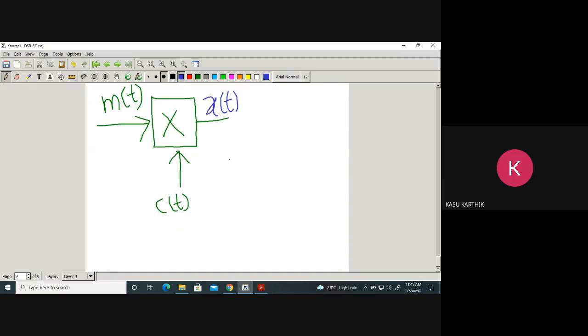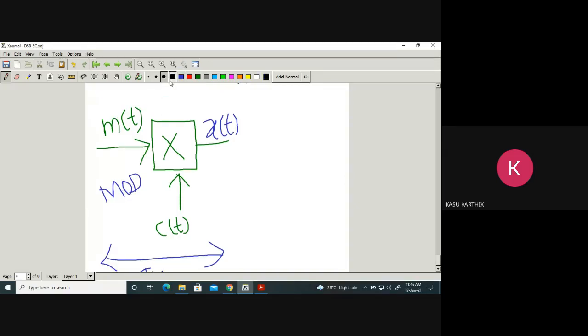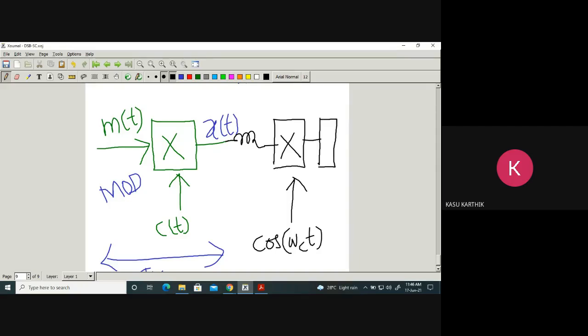So this is the transmitter part. This is what we are doing in the transmitter. This is a modulator. Okay. How are you modulating? You are taking the message signal, multiplying with the carrier, and transmitting over a channel. So at the receiver, what do you do? What do you receive? You receive x of t. What I am doing is, again I am multiplying with the same carrier. And after that, I am passing through what filter? Low pass filter.